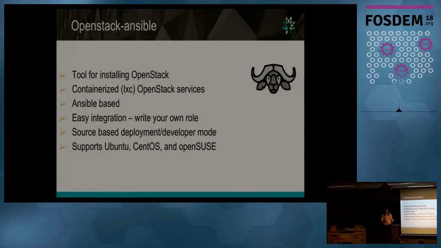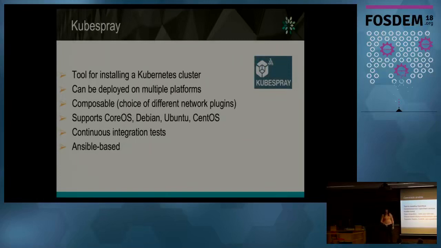I mean, you can decide the type of roles you want to include in your deployment. If you want to include Nova, Keystone, HA or not, or even, especially for OPNFV, you can write your own roles. So you can decide, I need to put any extra layer on top of OpenStack. Okay? It also has several ways of deploying, so you can deploy in developer mode and production with HA, with NFS. You can complicate it as much as you want. And then we support also major distros like Ubuntu, CentOS, and OpenSUSE as well.